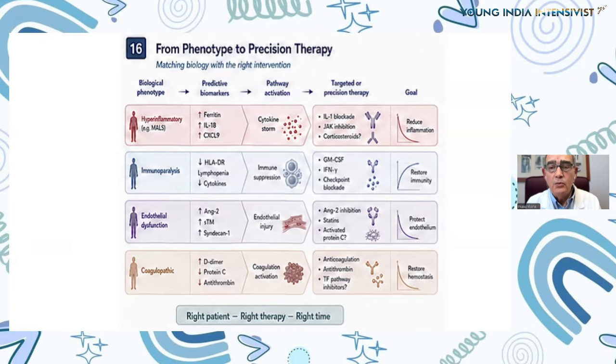So in order to prevent the higher mortality rate, we need to use some inhibitors of the interferon gamma. That is one of the hallmarks of the hyperinflammation. We have a blockade of specific checkpoints, and we can also use the colony stimulating factors.